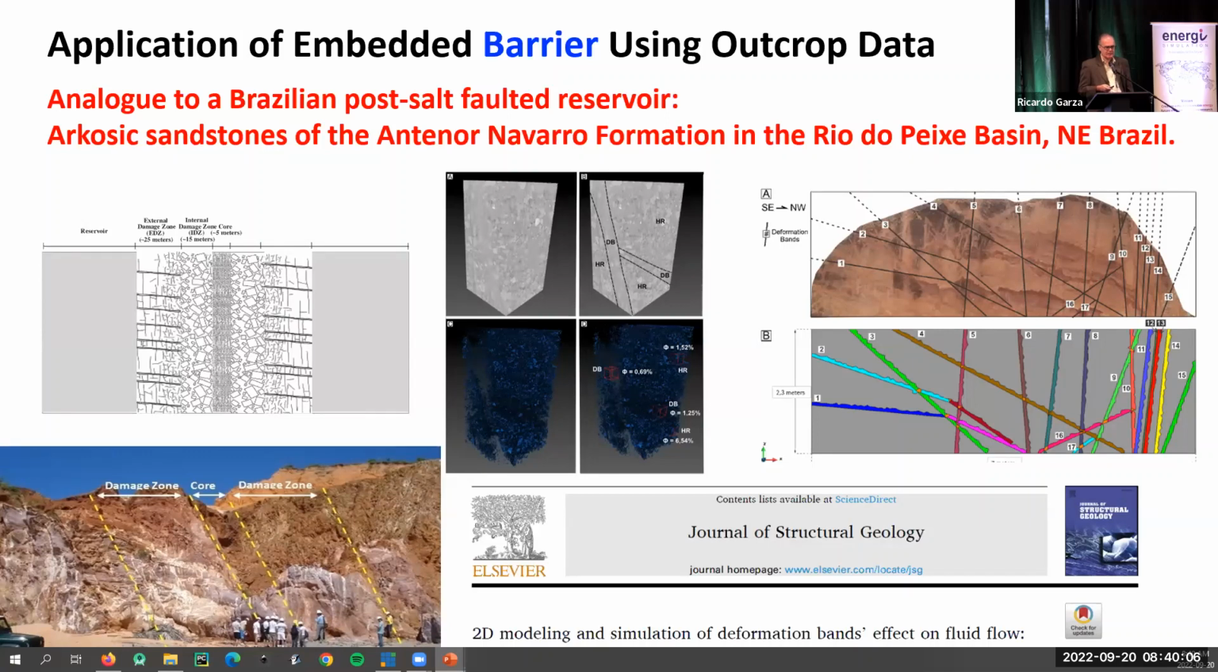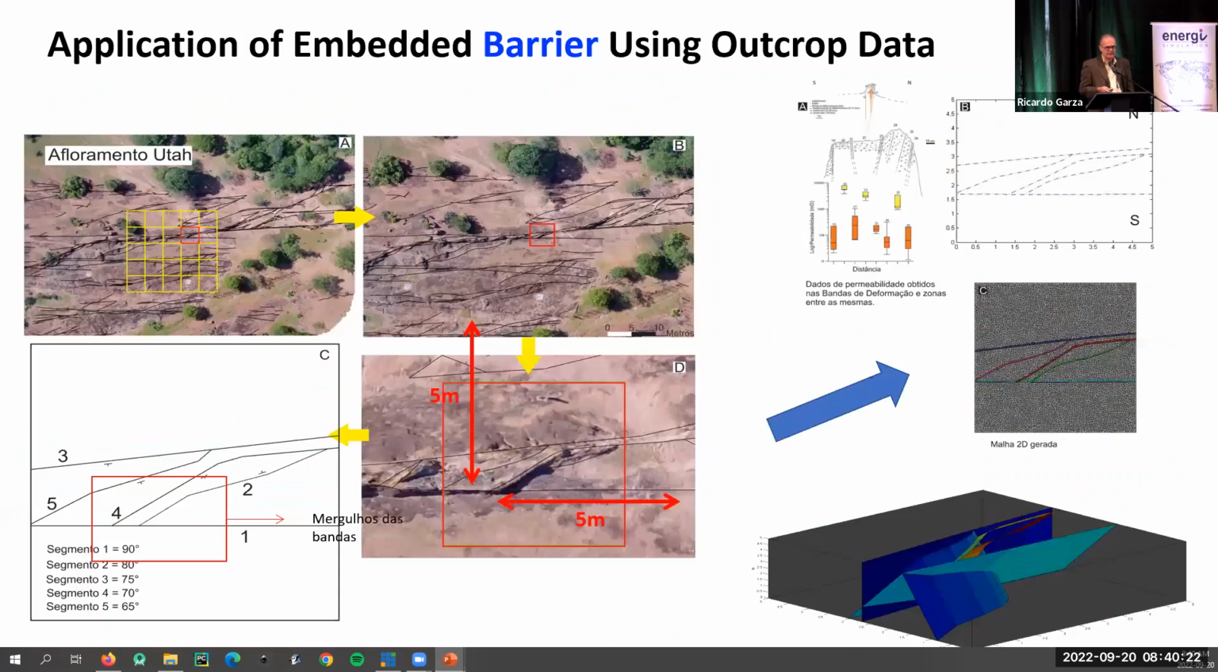In this outcrop, we have the exposure of the core zone of a fault with very well defined deformation bands that we could map in the field. For instance, here is the area that we considered for the Utah outcrop. It is a 5 by 5 meter area that we mapped in a very well refined, high fidelity model of the deformation bands. And we applied this numerical simulation for 2D and